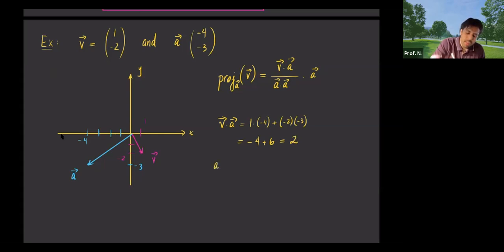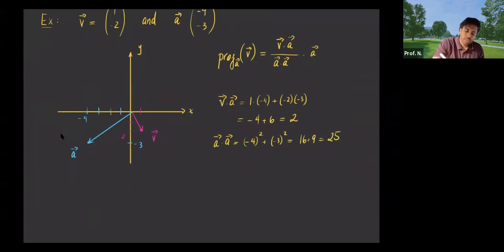And then A dot A is -4 squared plus -3 squared, which equals 16 plus 9, which is 25. So then the projection of V along A is going to equal 2 over 25 multiplied by A,